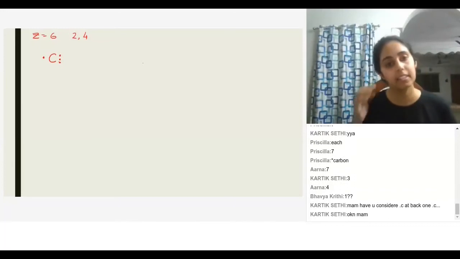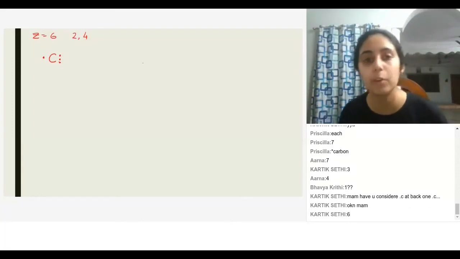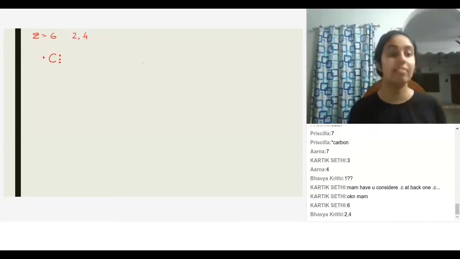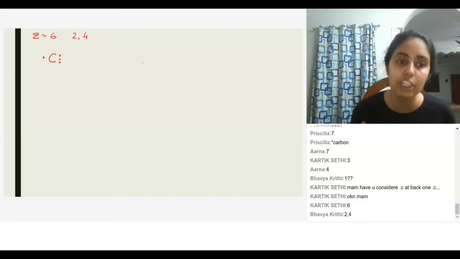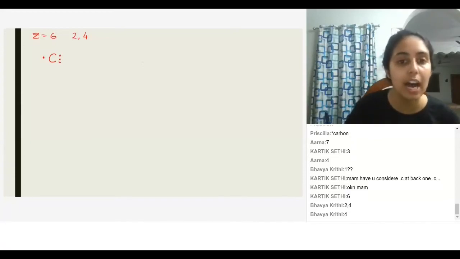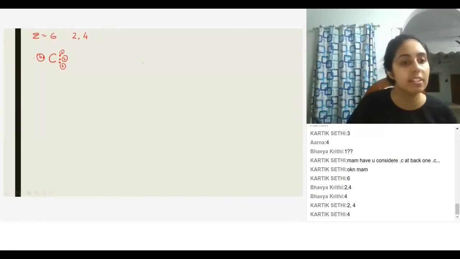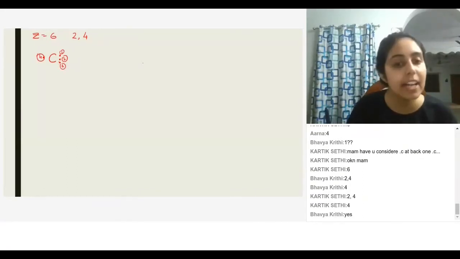Bhavya, did you understand? No, no. Okay. What is the atomic number of carbon, Bhavya? What is the electronic configuration? Can you type and tell me? Very good, Bhavya. So it has 2,4. That means 4 in the valence shell. So if there are 4 electrons in the valence shell, how many electrons should I draw in the Lewis dot structure? Very good, 4 electrons. So I have drawn 1, 2, 3, 4 electrons. Can you see the 4 electrons, Bhavya? Okay, so this carbon has 4 electrons, right?